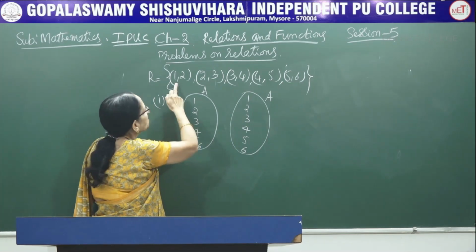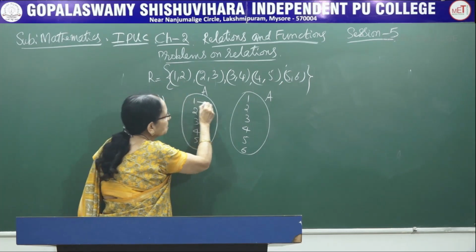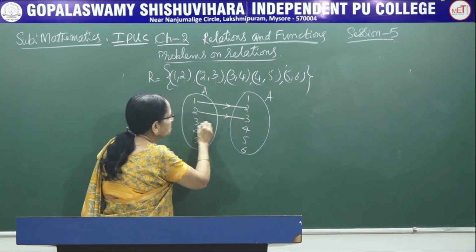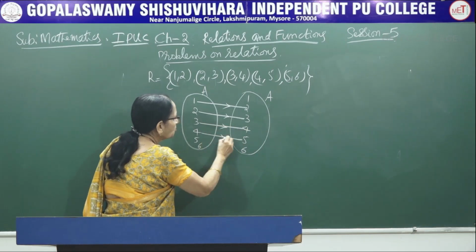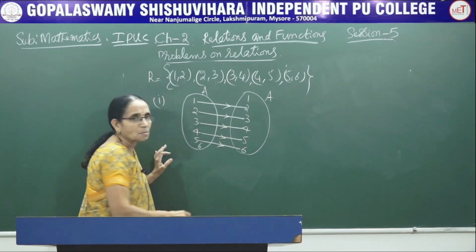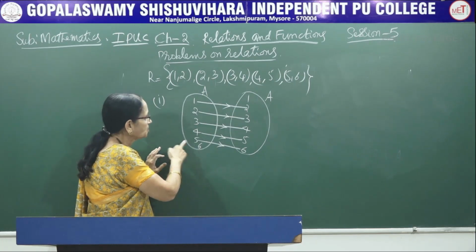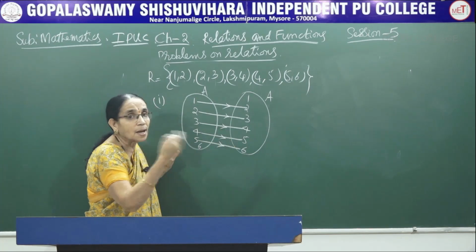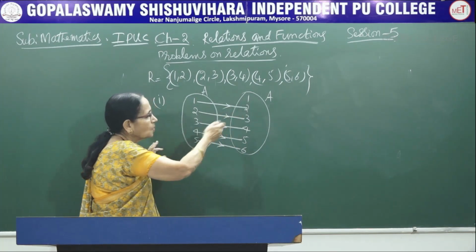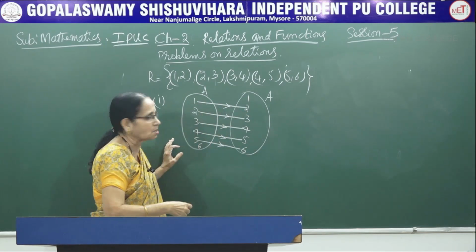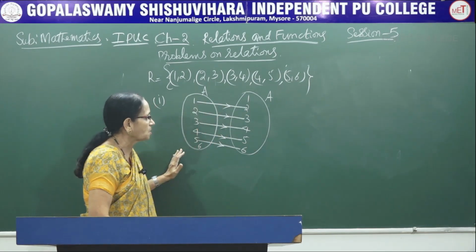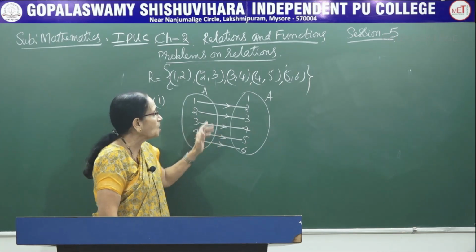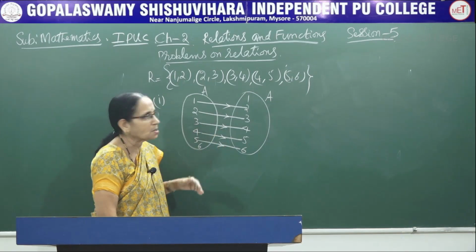Now 1 is related to 2, that means this is the arrow diagram. Next 2 with 3, then 3 with 4, 4 with 5 and 5 with 6. Now look here, this 6 of the first set is not connected or not related. Same thing, 1 in the second set does not have any pre-image at all. So this is called an arrow diagram. I had shown that with the help of an example in the previous session. If you write this one now, you will be getting 1 mark for that one.